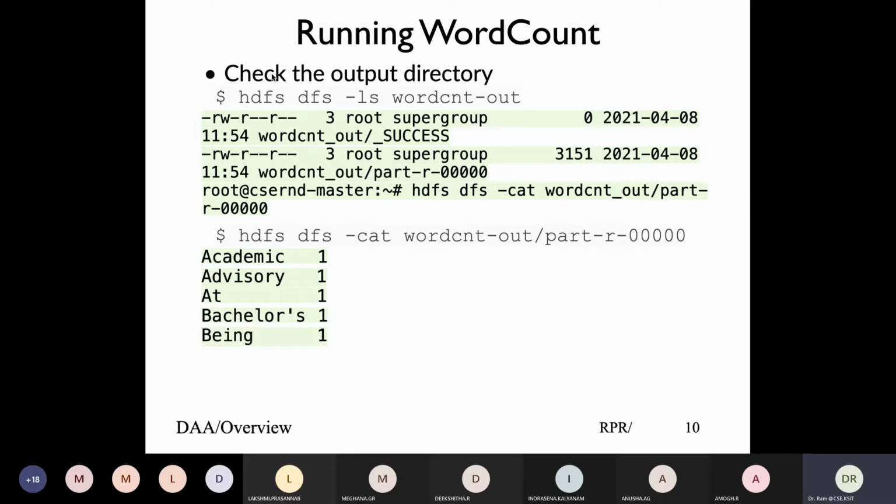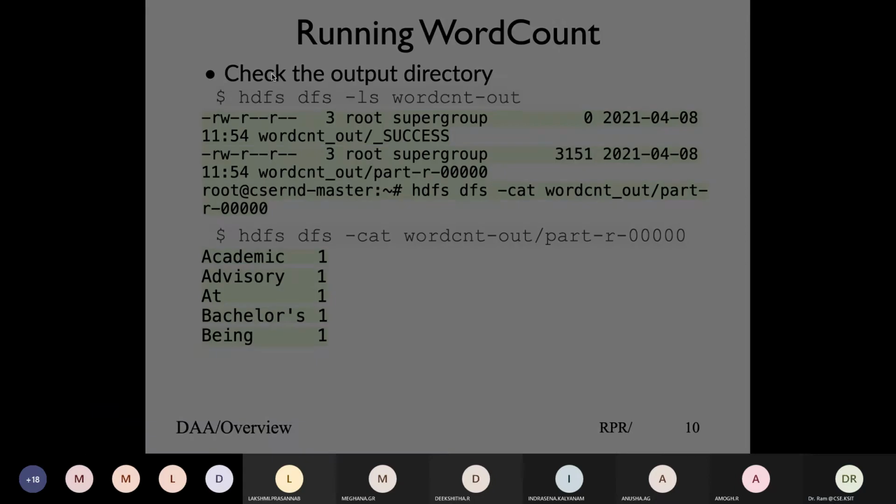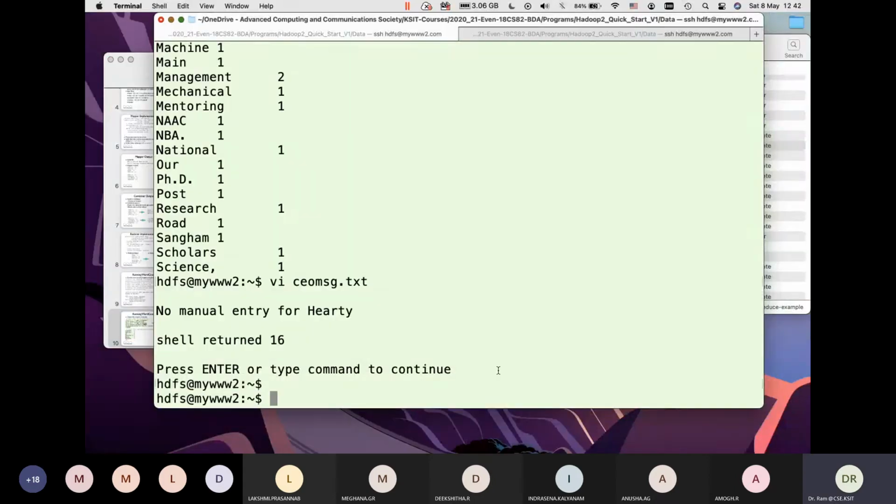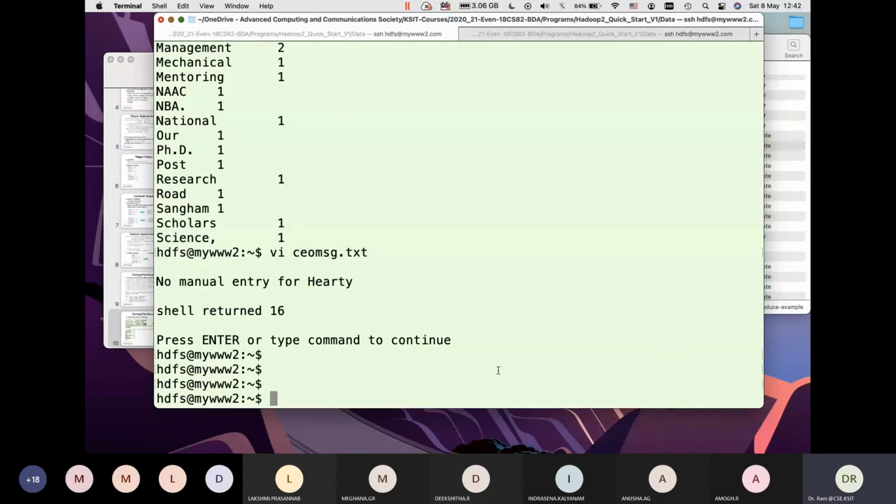If you were to copy the same program, if you look at our command, we did only the directory. So whatever files are there in the input directory, it will look for all those files. And that's the way it works. Maybe I can run, let's say, let me copy the same file with a different name as well.